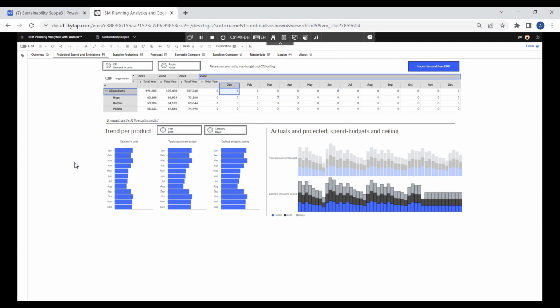The quickest way within this model to get your projected demand in units for the forthcoming year would be to select your products or product, and then to use the forecast button. Now, this forecast button utilizes the IBM AI technology. This is, after all, IBM Planning Analytics with Watson. So by clicking on this button,